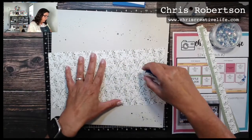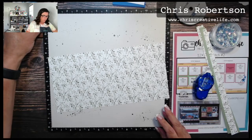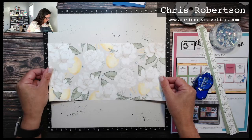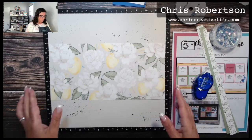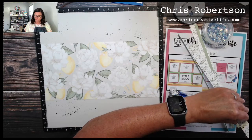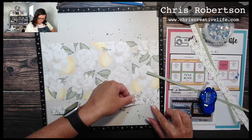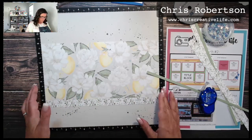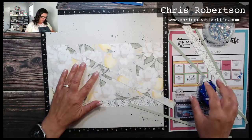So this is handy. You could actually do this layout all with one piece of paper and your cardstocks, right? So this is a very, very paper efficient layout. So for example, if you're a consultant, this would be great to do with one of the bulk papers. Okay, so then on my sketch, I can see I have my wider strip. So I have these all ready to go. So I'm just going to add that underneath. And I'll add one on the top, and then we'll do our little run of